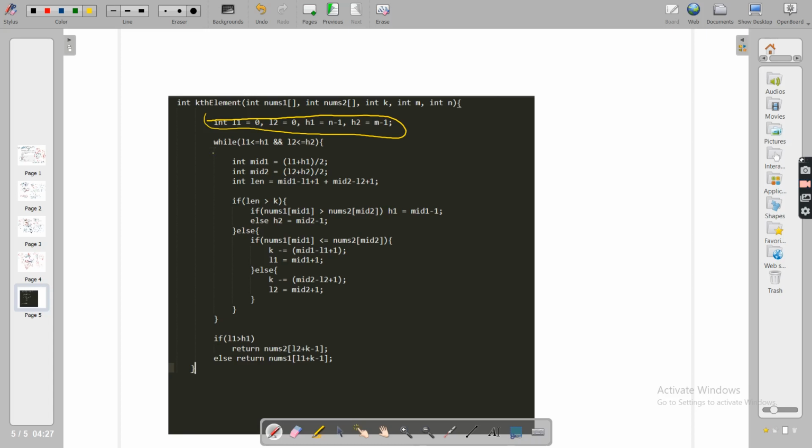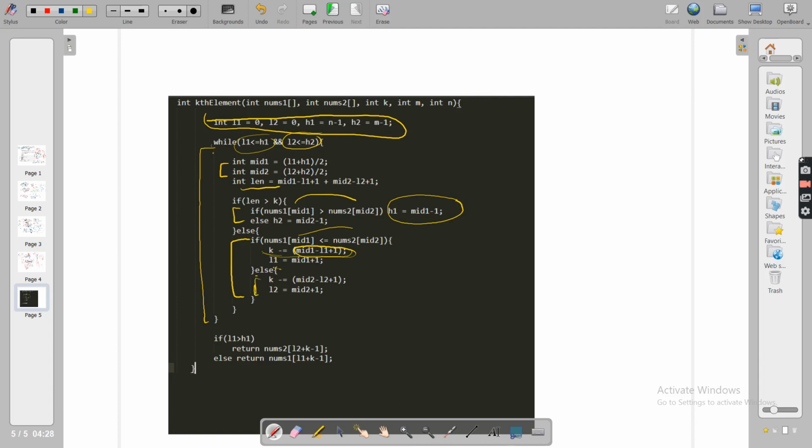Now see, while I was doing this, this is our binary search. L1 is less than or equal to H1, which means both the array spaces have something. So obviously I calculated mid1, mid2, and LEN. As I said, whoever's mid is greater, I'll move its H to the left. Now, if LEN is less than or equal to K, then whose mid is smaller? Let's say mid1 is smaller. I'll first reduce K by that size that I can remove, from L to mid. So I got this smaller element, and then I'll move L1 to the right.